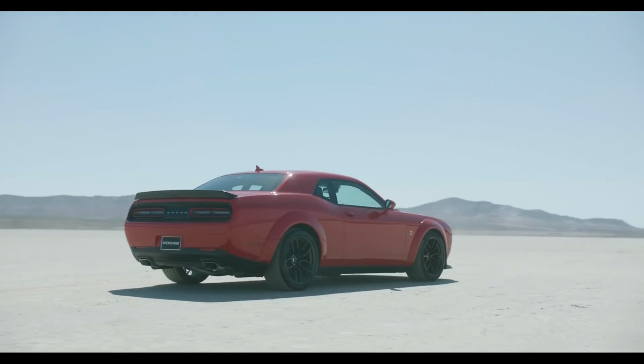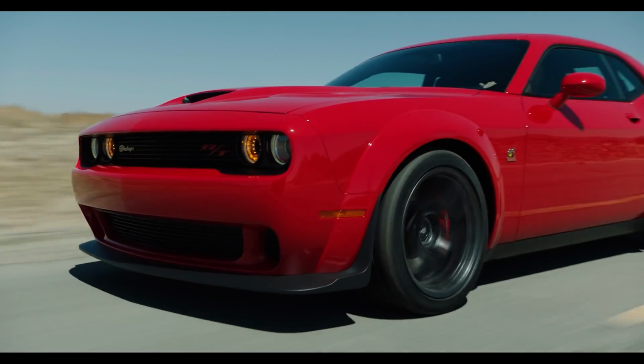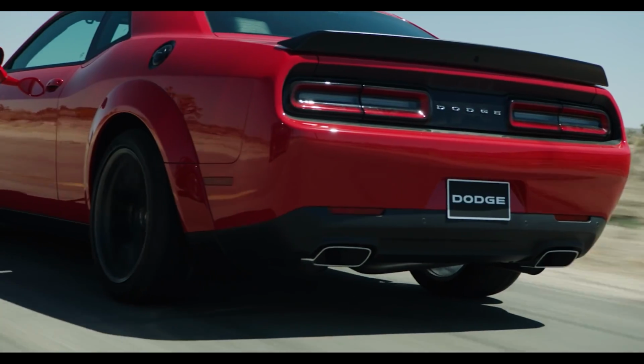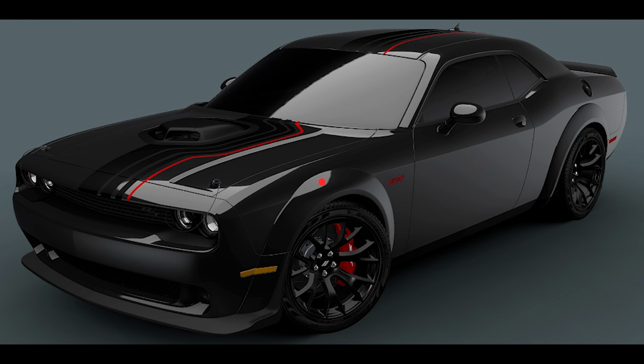I honestly don't see why someone would pay $70,000 for a Challenger Scat Pack, but hey, it's your money. But I would say just order a regular Shaker in whatever color you want and whatever options you want and call it a day, and you're probably gonna save at least about 10 grand. Just saying. The Shakedown looks really good, but I don't think it's worth the price, and it doesn't even pay